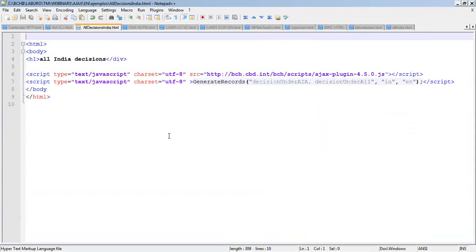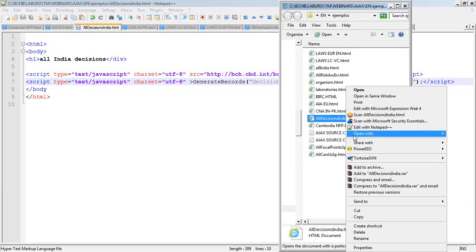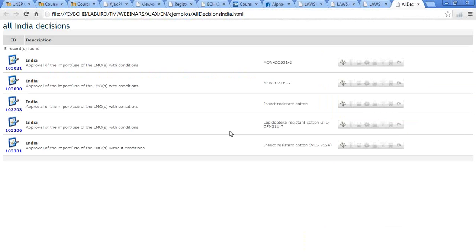We see the script is just the same, we only change the parameters. We specify decisions under AIA and under Article 11. You see here we are using two types of records in the same call. India is the country and English the language. And if you run it,